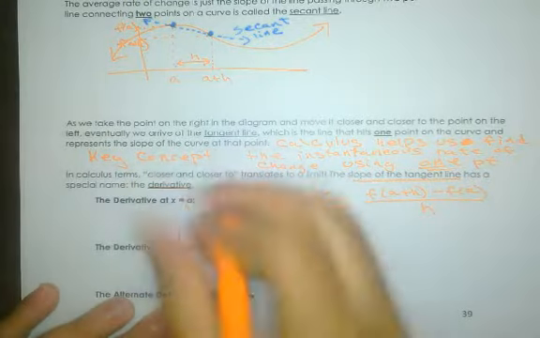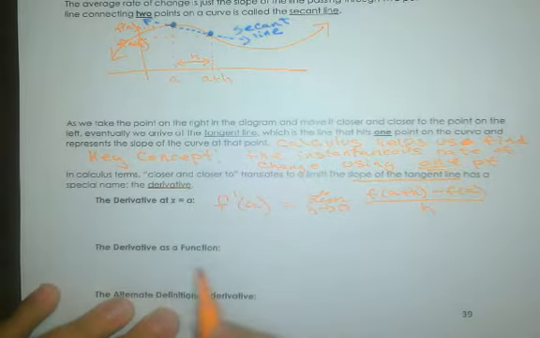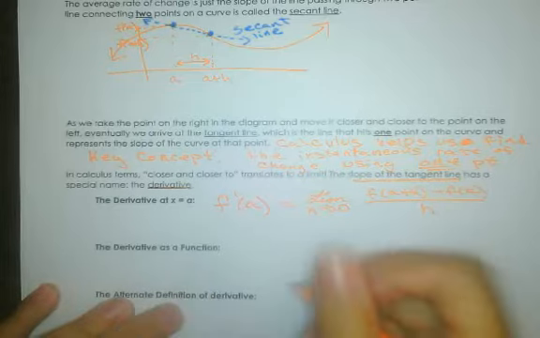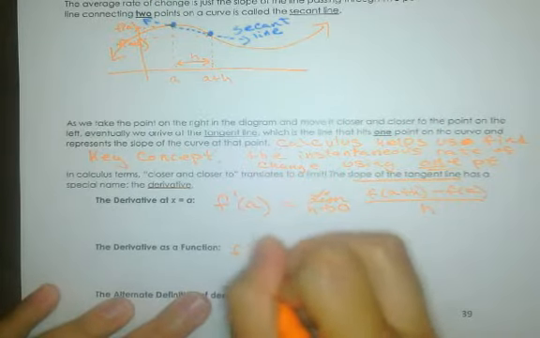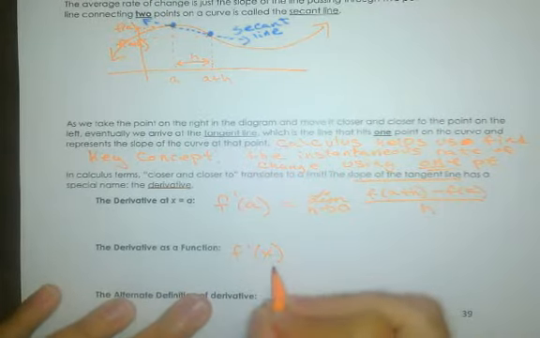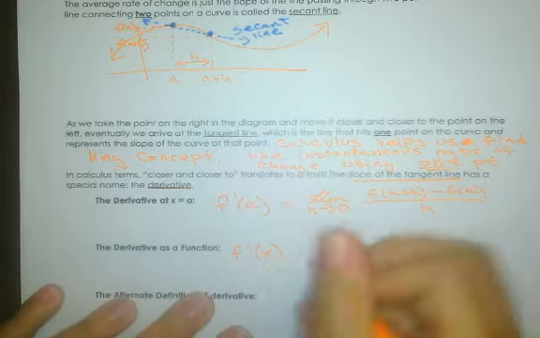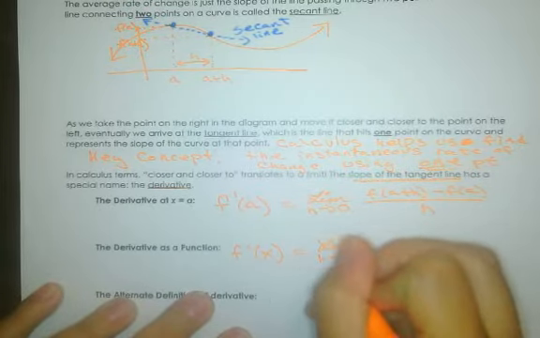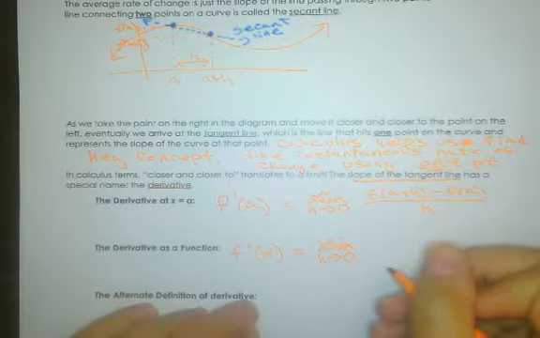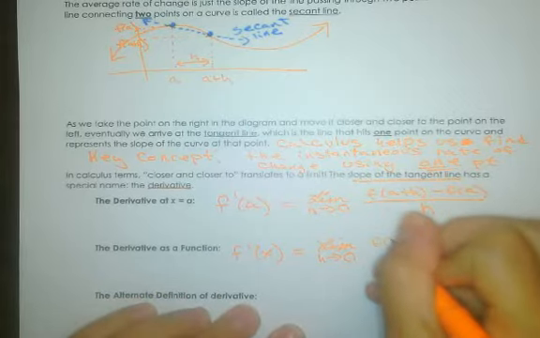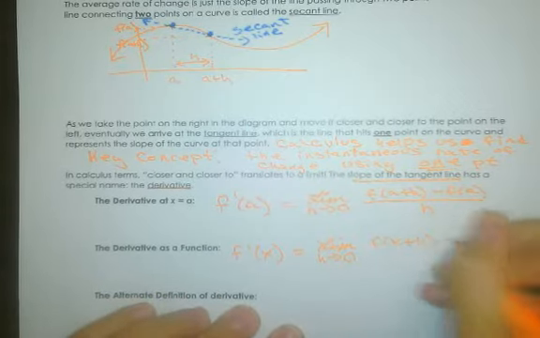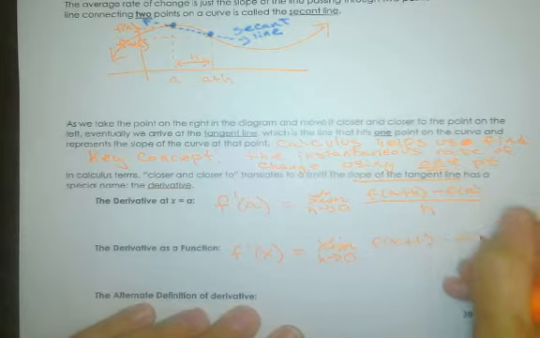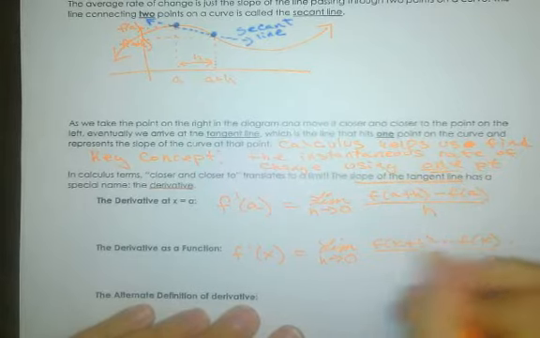So if your answer is numeric here, if they ask you to write the derivative as a function, you might still have an x value in your answer. And they would just write that as f prime of x, or the derivative at x, and that's going to be the limit as h goes to 0, again, that distance between the 2 points goes to 0, of f of x plus h minus f of x